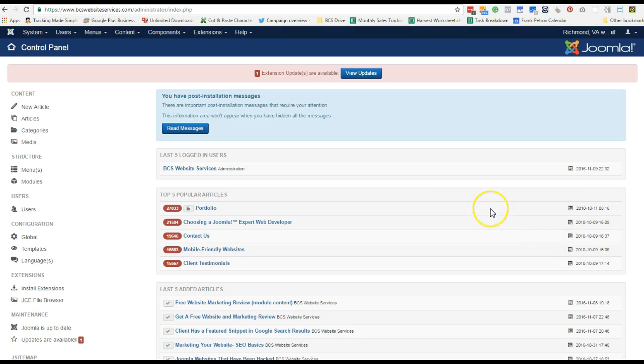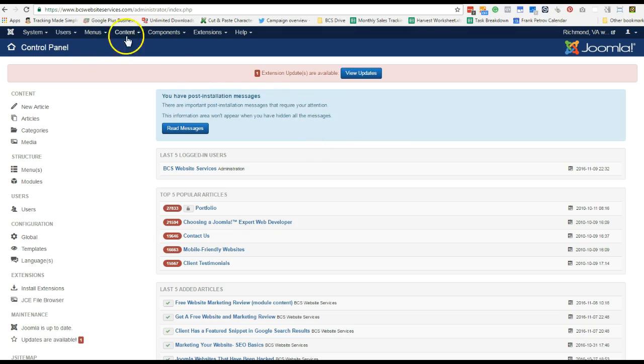I wanted to show you how to add a hidden page onto your Joomla website. This is something that's easy to do. There's really just 3 steps. You're going to create an article, you're going to assign that article to a menu item on a hidden or non-public menu, and then you're going to go ahead and test and make any changes that you want to see.